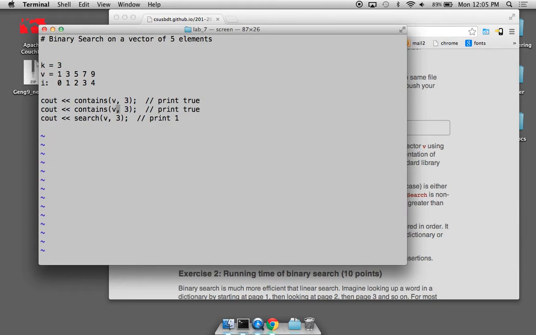Now if we call contains with 4, this will print false. If we call search with 4, what would you print? What would you print if you were going to design that search function? What do you think? Well, I'll tell you, there's a